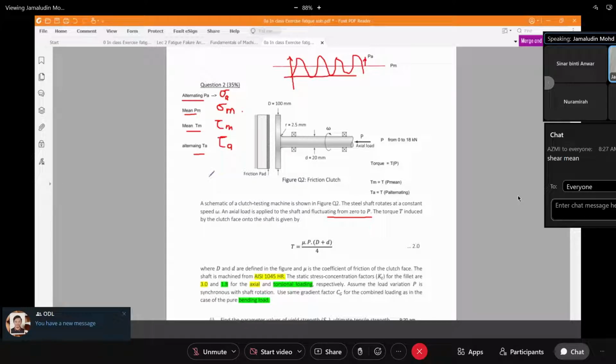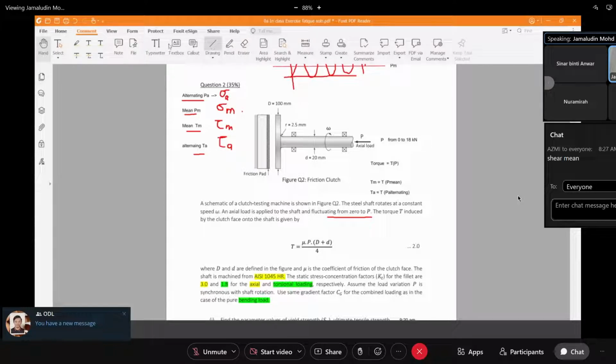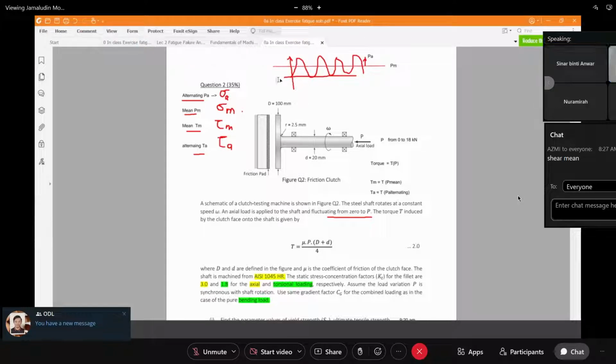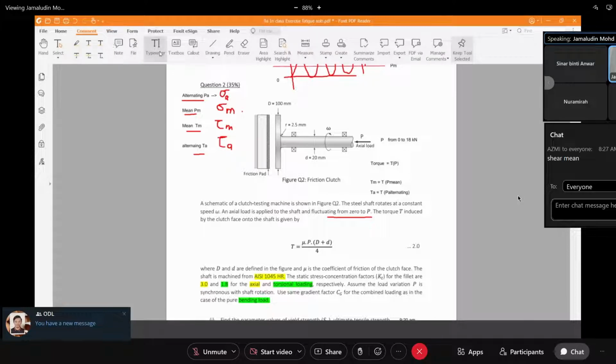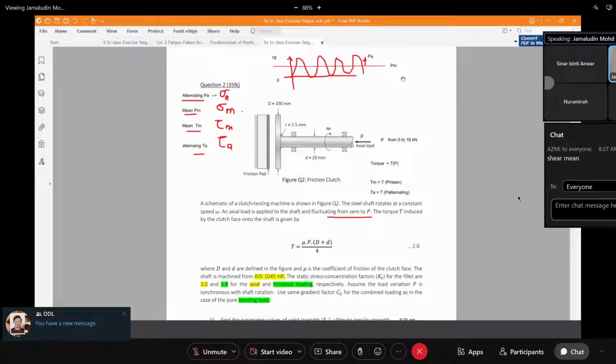Because remember, the load is from 0 to 18. That means it's going to be fluctuating, like this. That means this is 0, this is 18. If you calculate this one, this is 0 here, and this will be 18 at the top here. Meaning that if the mean is going to be, we add together, right? It means this is going to be